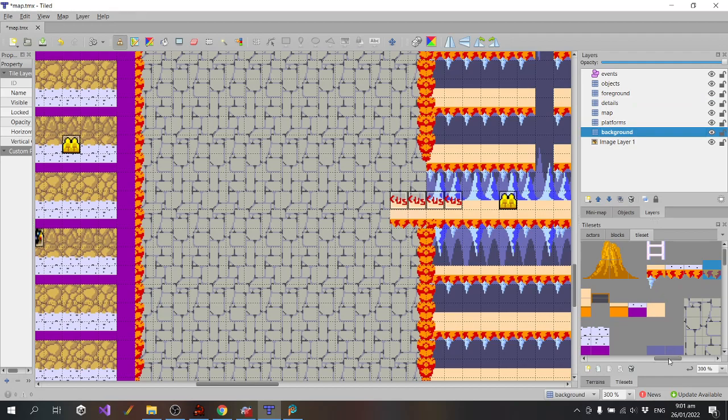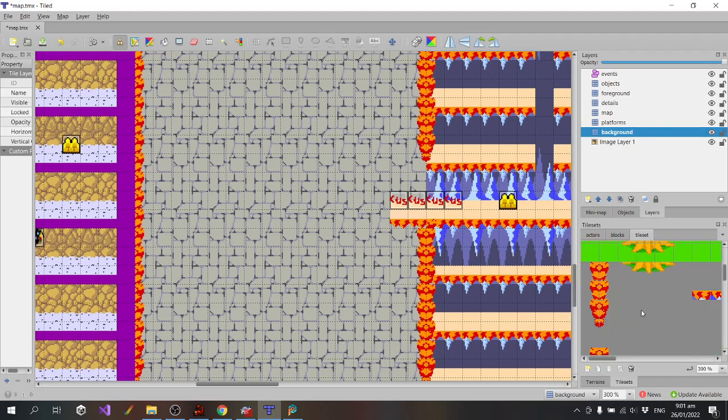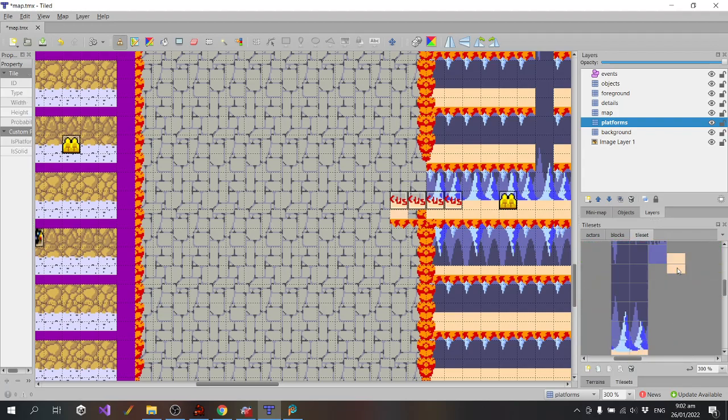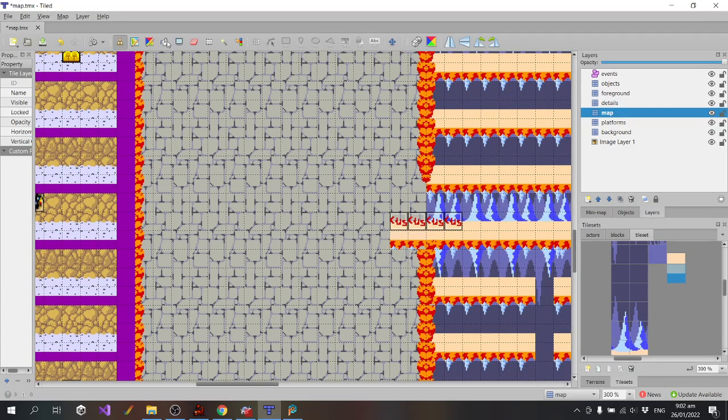Okay, I think that looks kind of okay. I might... what? Oops. Might put that under. Got so many layers I need to stack. Yeah, I think that looks about right. So I'll need to do that exact same thing for all of these.